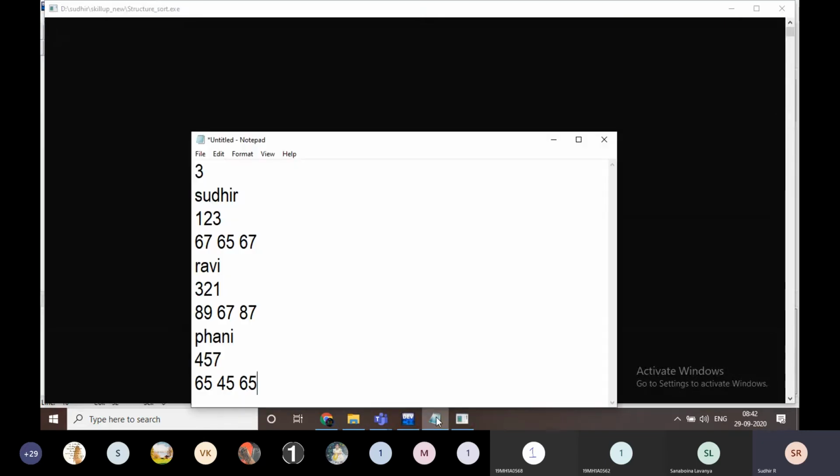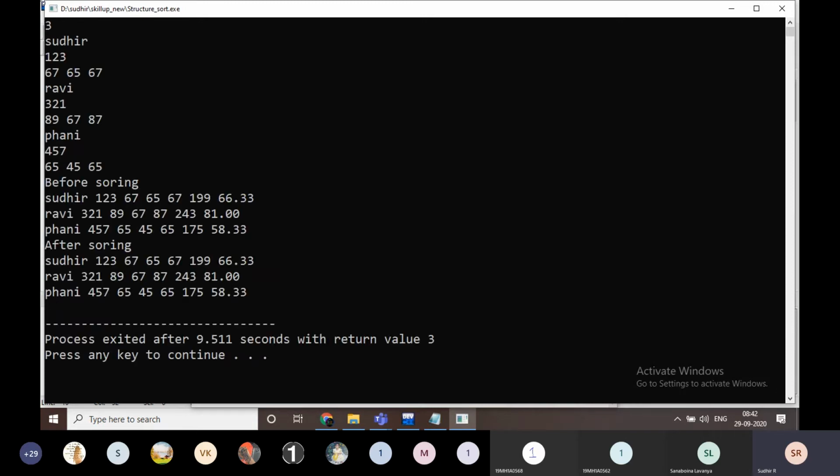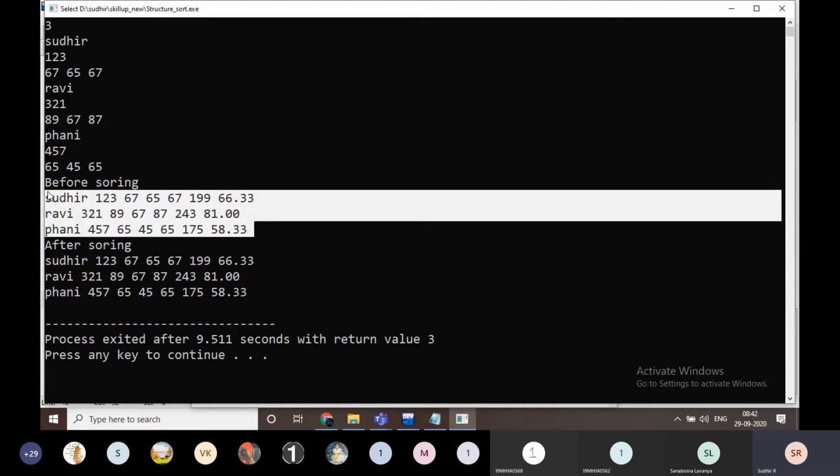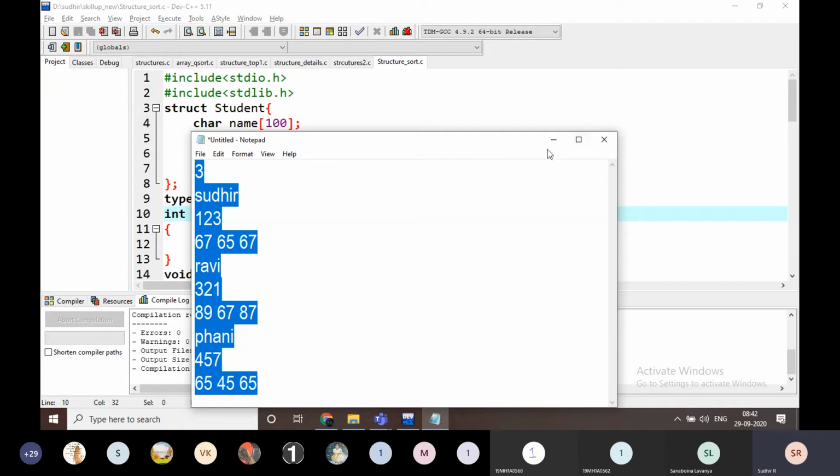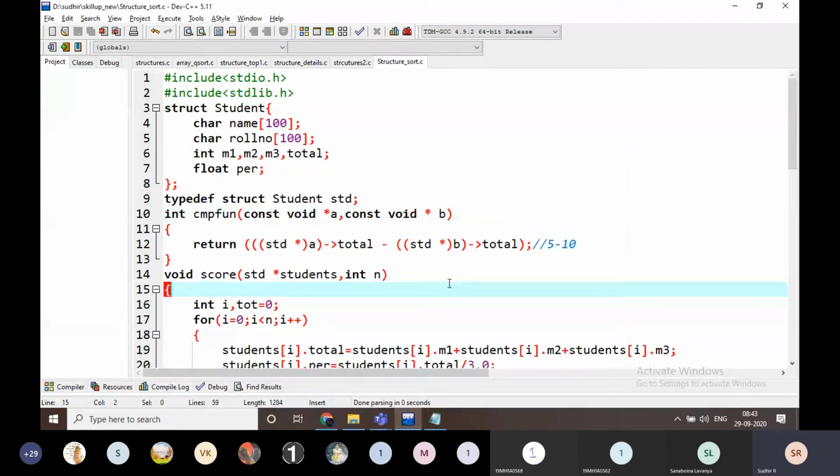Again, the data is going to be, this is the data here. If I'm going to give the output like this, after sorting also it is not working. Okay, it is working. It is before sorting, it is okay. After sorting, it is not working here. I will work on this. It is not working.